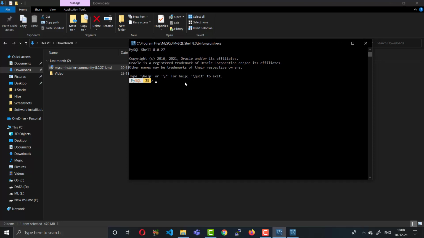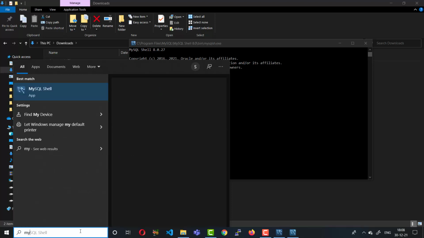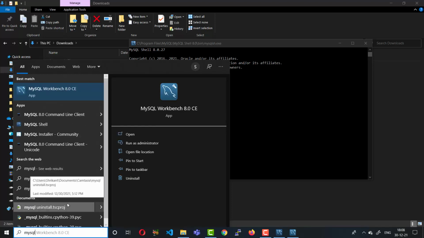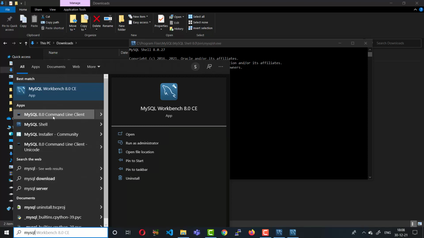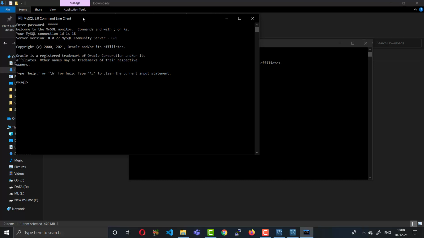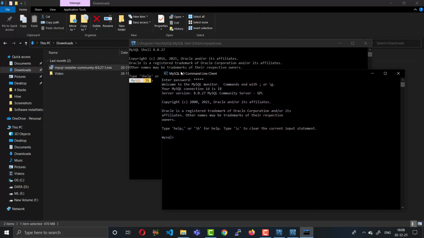If you did not get it, type MySQL in the search box and choose MySQL Command Line Client. It will ask for the password. You have to enter the password you set, 1 2 3 4 5, and press Enter. This is the way you can connect.